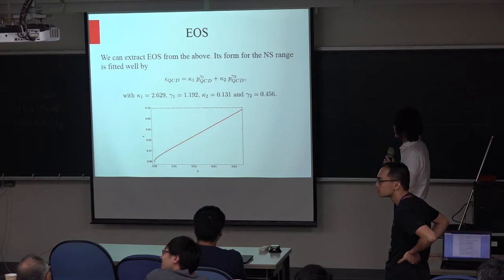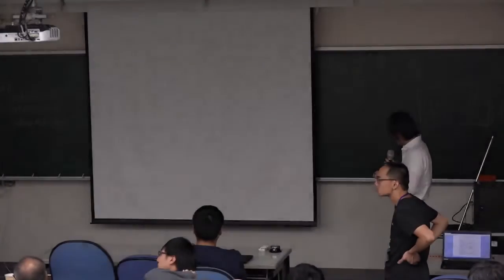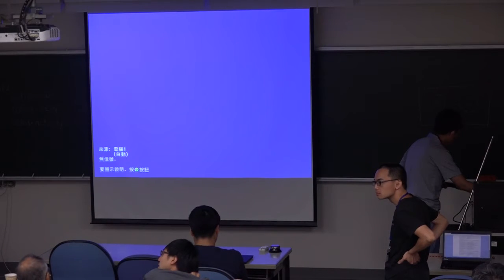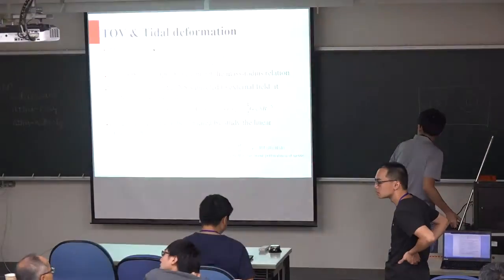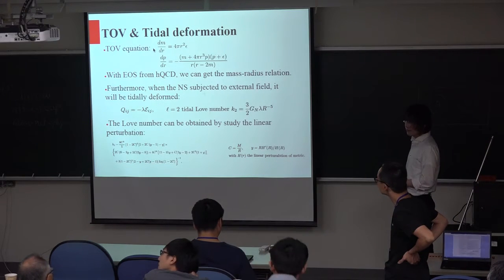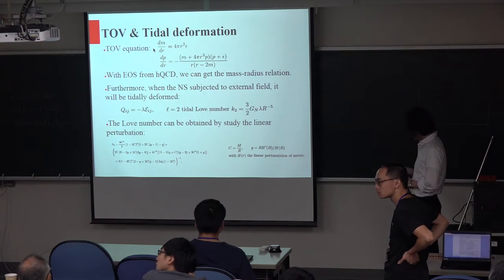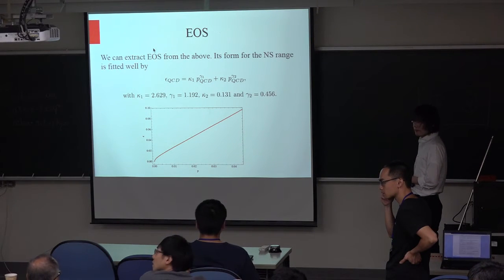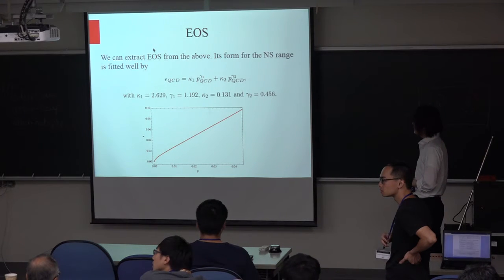Justification is very easy. If you use a single polytropic to solve the TOV equation, where gamma is equal or approximately equal to 1, the first thing we fit, of course, is only a single polytropic. Then we realize if we solve the TOV equation, we cannot get the radius fixed because it will exponentially decay, so you never know where the radius is. Then we realize this may not be the right way, so we just add another piece. Once we add this other term, the decay is important because it will cut off the radius.